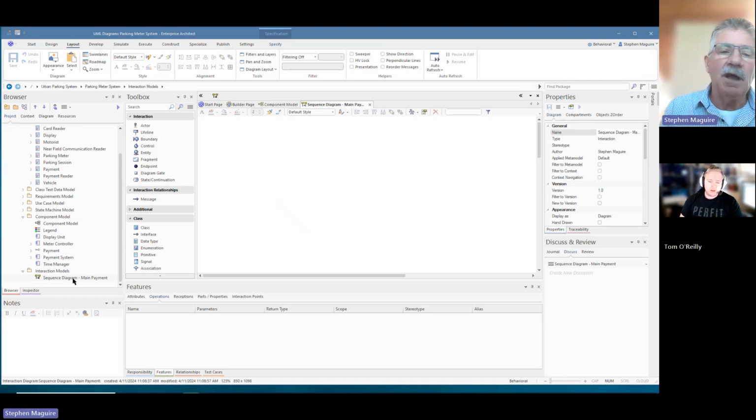Yeah, those elements then are going to be gone from all diagrams. So you need to be very careful about what you delete. And just as an aside here, one of the really useful things in Enterprise Architect is this